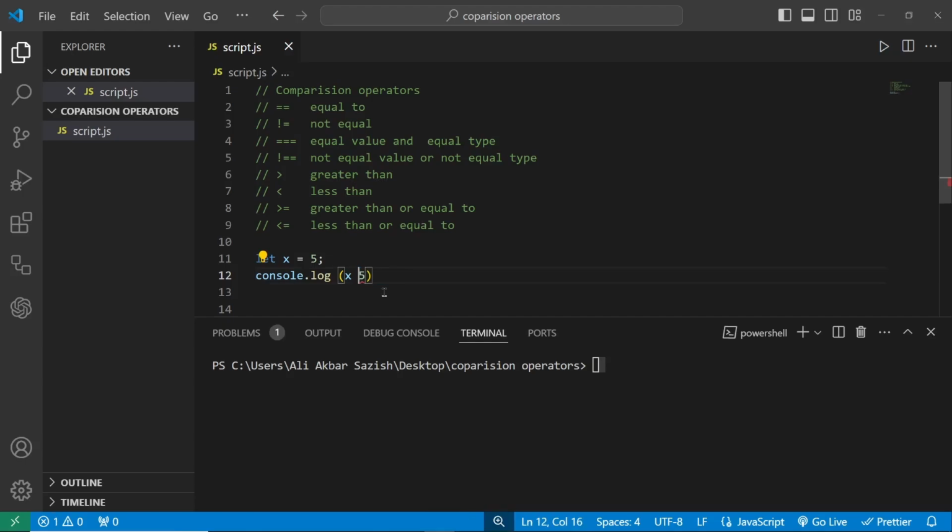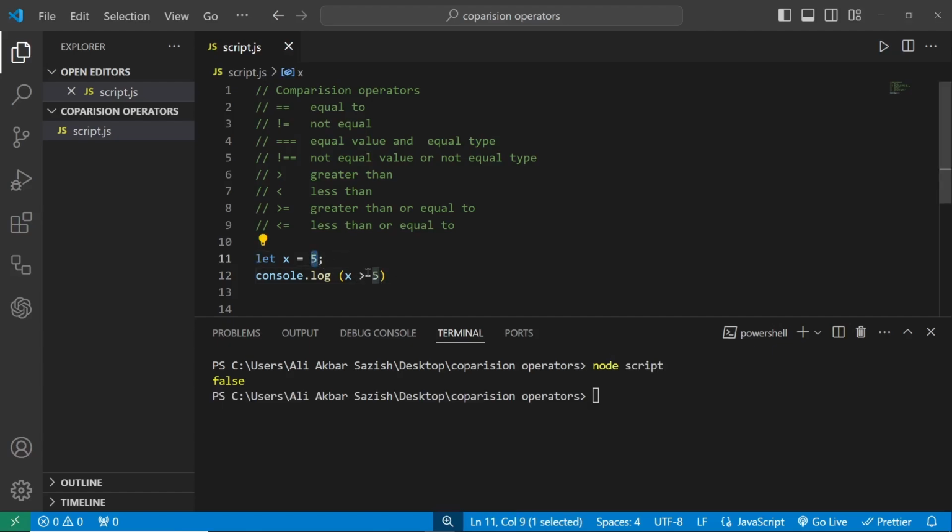If I check for this one, x is greater than 5, where x is equal to 5, the result will be false, because 5 is not greater than 5, they are equal. If I use this operator, let me move it up. Now if I check for greater than or equal, the result is true,